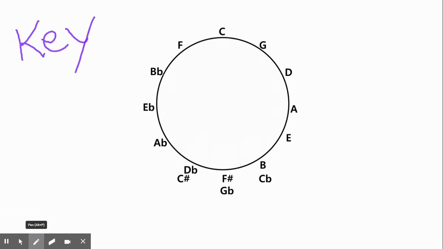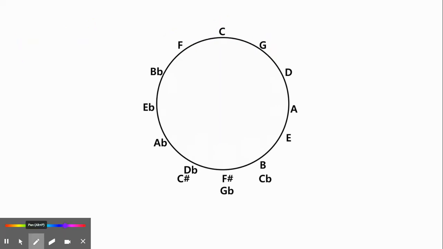What key you're in and the key signature is based on what note your scale starts on. And since we're only looking at major scales, there's many different types of scales. Our key is going to be on the first note of the major scale, and the key signature is however many sharps or flats there are. So if we're in the key of C, we have no sharps and flats. If we're in the key of G, we have one sharp, F sharp, etc. If we're in the key of F, we have one flat, B flat, and so on with flats. So the circle of fifths is very useful to, number one, give you your key signatures, how many